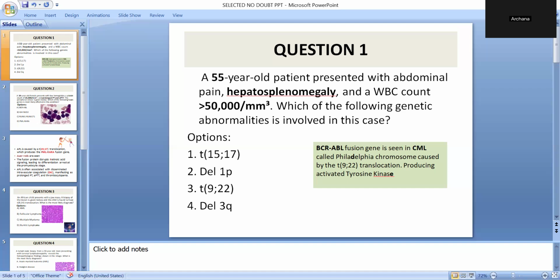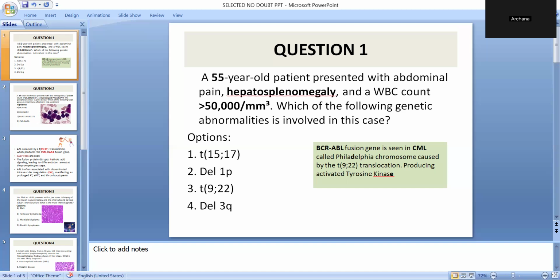The short form is, please follow the principle of A, B, C, D. B and A are there. BCR-ABL fusion gene is there, which is seen in CML. Remember this sentence always: A, B, C. In CML, there is BCR-ABL fusion gene. What comes after A, B, C? It is D. So the Philadelphia chromosome is seen, and that Philadelphia chromosome leads to the 9;22 translocation.